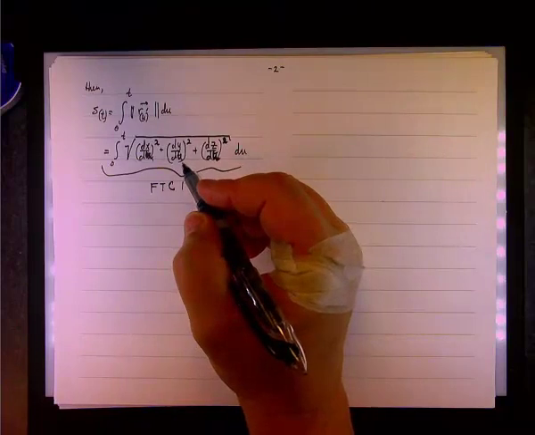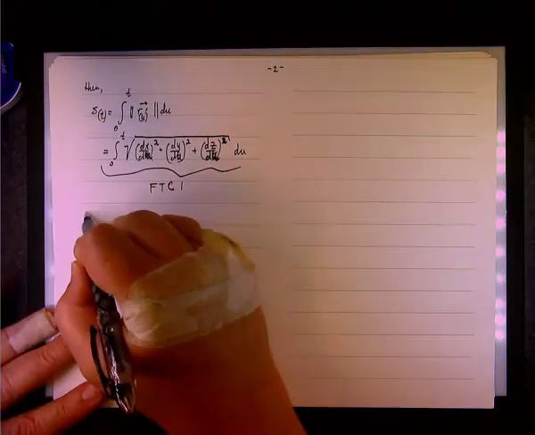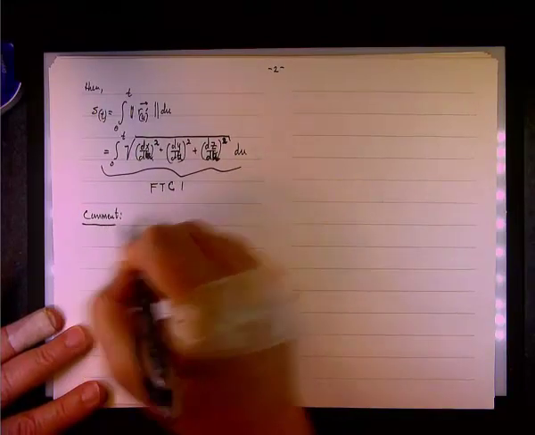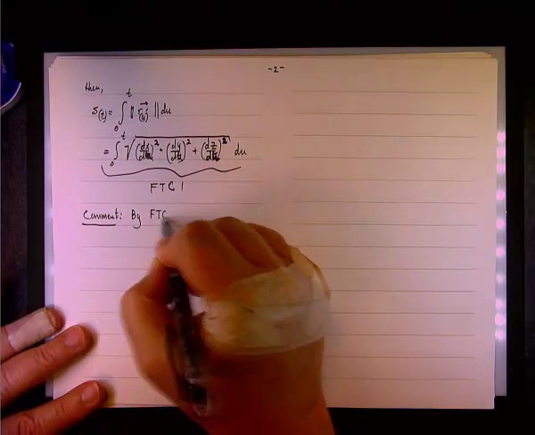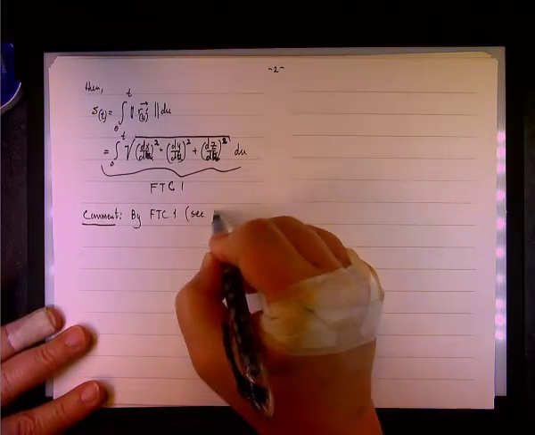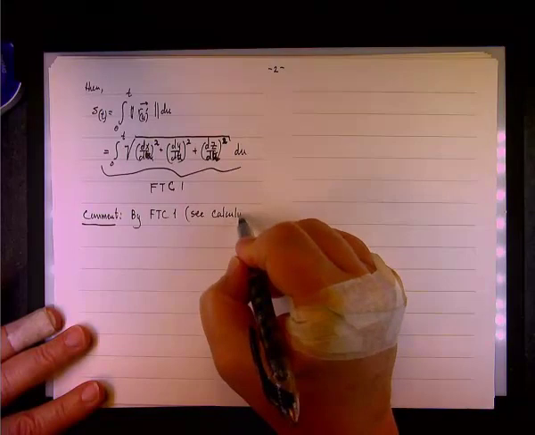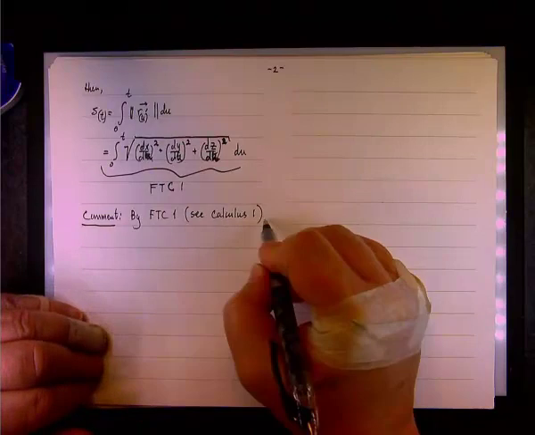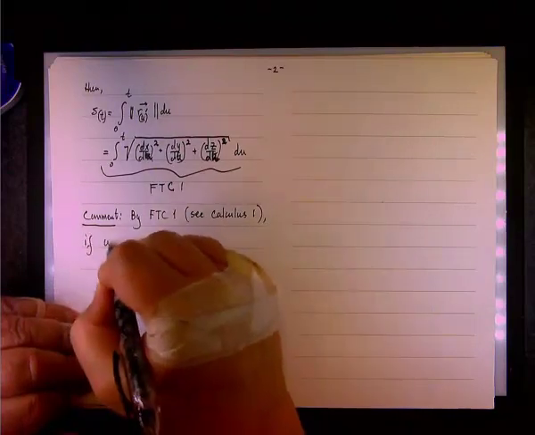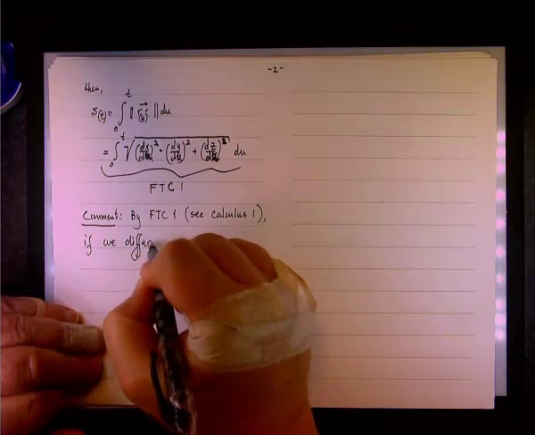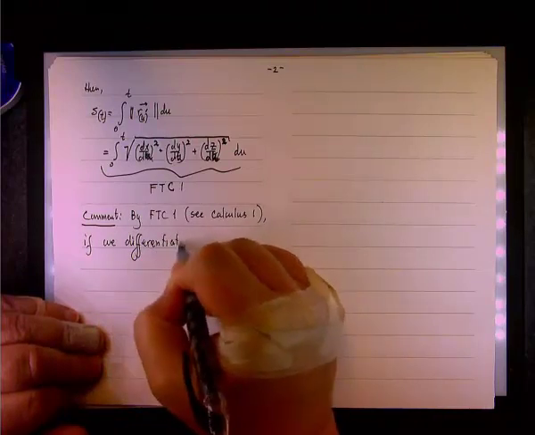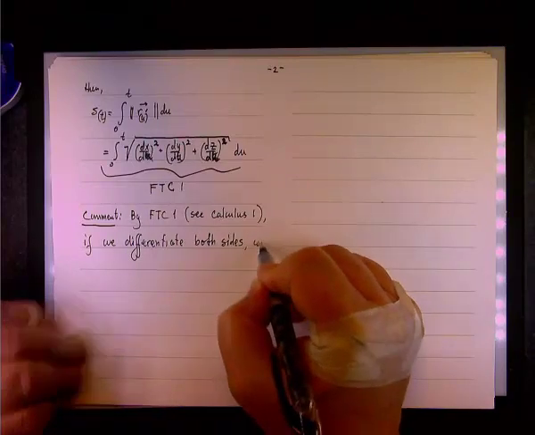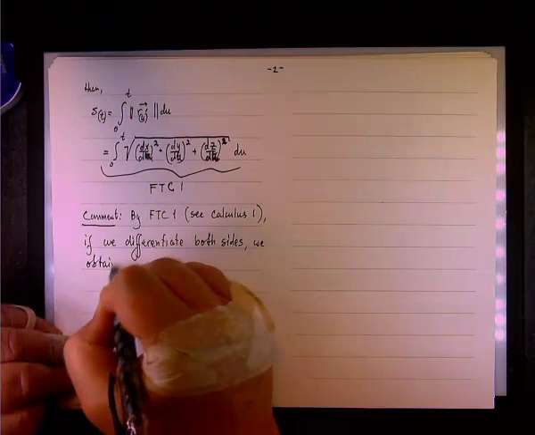Now, what happens if you take the derivative? This is FTC1. Notice that this expression is FTC1. So here's a comment. By FTC1, see Calculus 1, if we differentiate both sides, we obtain